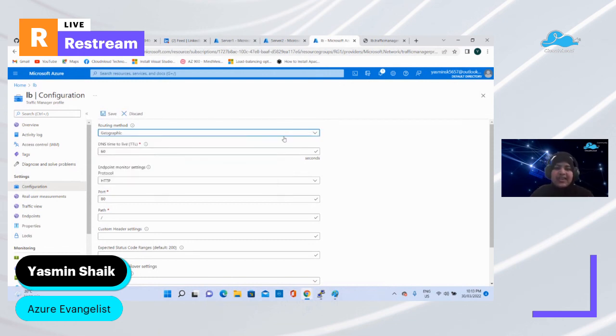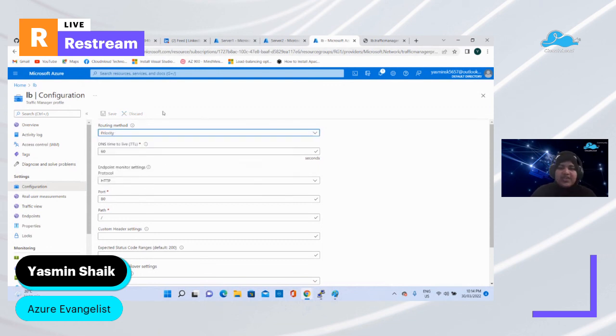Likewise, if you want to go to the geographic, you can select the geographic area which you wanted to give to that particular endpoint. For example, if I have given the geographic area as Australia, then the people accessing from Australia will be served first, then only the people from the other regions will be served. So based on these routing methods, whatever you require based on your requirement or specifications, based on your applications, you can select your routing method.